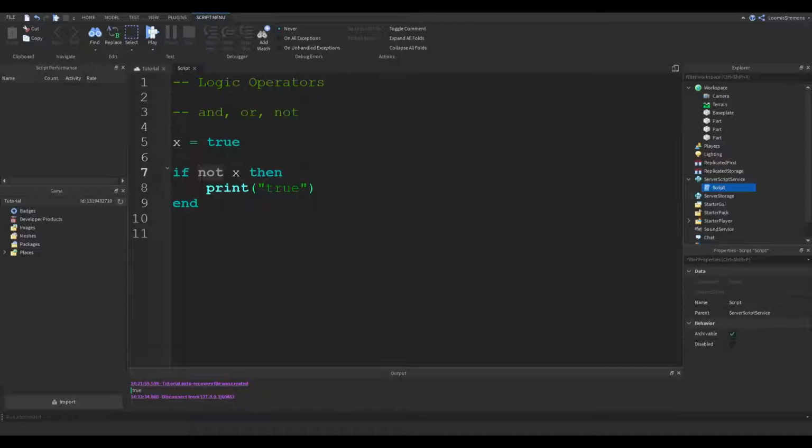What do you think is going to happen if I run this code and use the not operator on x? Not simply means take the opposite of what this evaluated expression returns, true or false, and then feed the